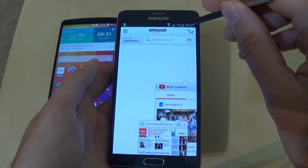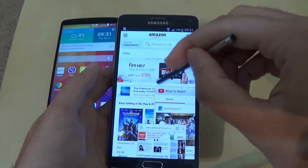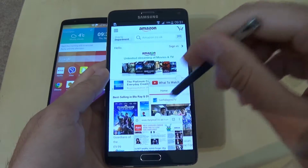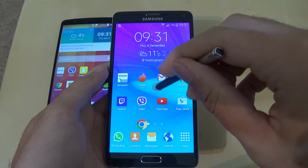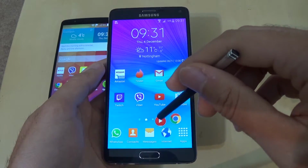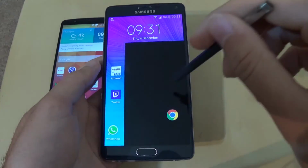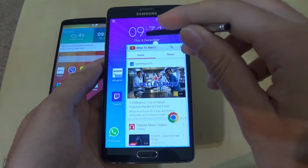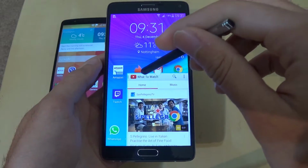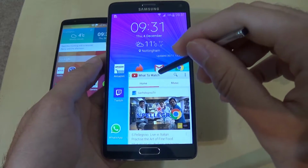Amazon. You see, not all apps are supported with it, which is a bit of a shame. But you do notice that when I go to the home screen quite quickly there, it does automatically make them smaller, so that's quite useful, and then you can just quickly get back into it. So in terms of the multitasking, LG G3 can't really compare to the Note 4, and obviously you get